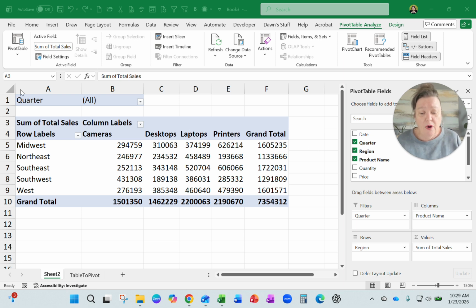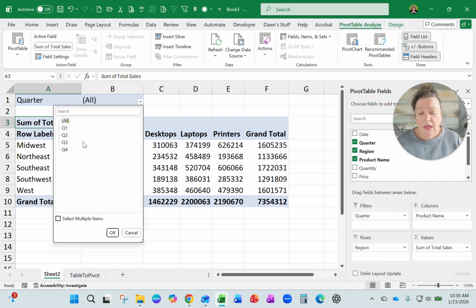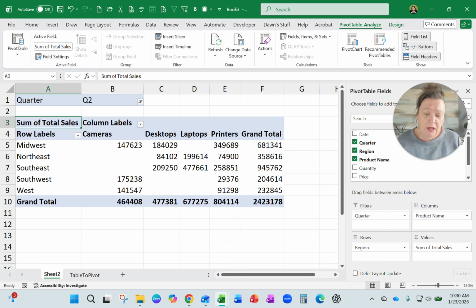So if you are filtering a pivot table, and let's say I want to see just one of these quarters, I turn on my check boxes. Let's say I want to see Q2 and OK. I'm ending up with some blanks in my data set because not all of these regions have data for that